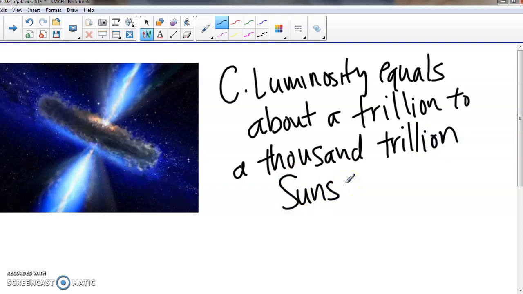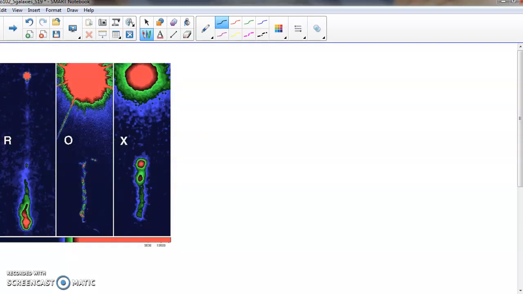This is much, much brighter than we saw with supernova. Remember supernova, they were like a billion suns? That seemed bright enough, right? Like as bright as the center of a galaxy. Factor that up, 1,000,000,000,000 suns. Okay, this is more than the brightness of a galaxy. Okay, amazing, amazing stuff. So what is this thing? What is this quasar that shows up in the radio is really, really far away, so it has to be really, really bright.